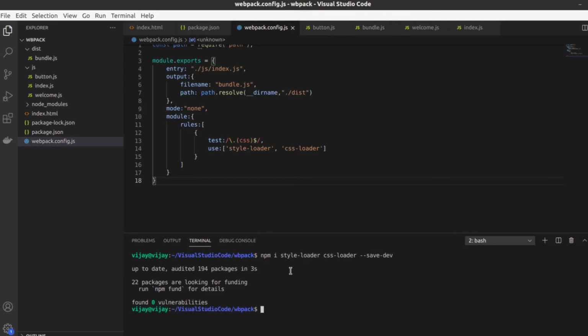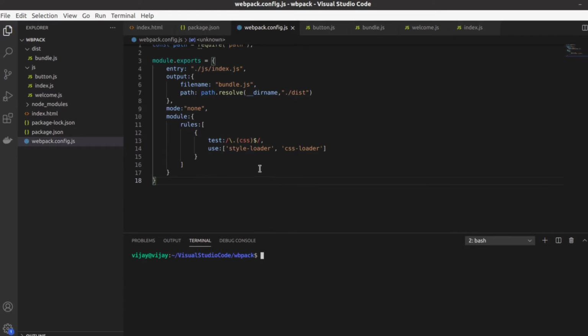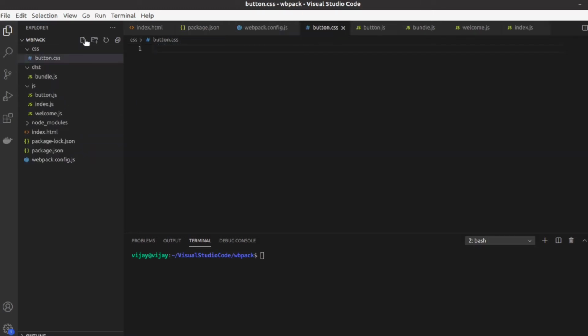For now we don't have any CSS file, so in order to test these loaders, we will add a button.css and we will add styles to it.